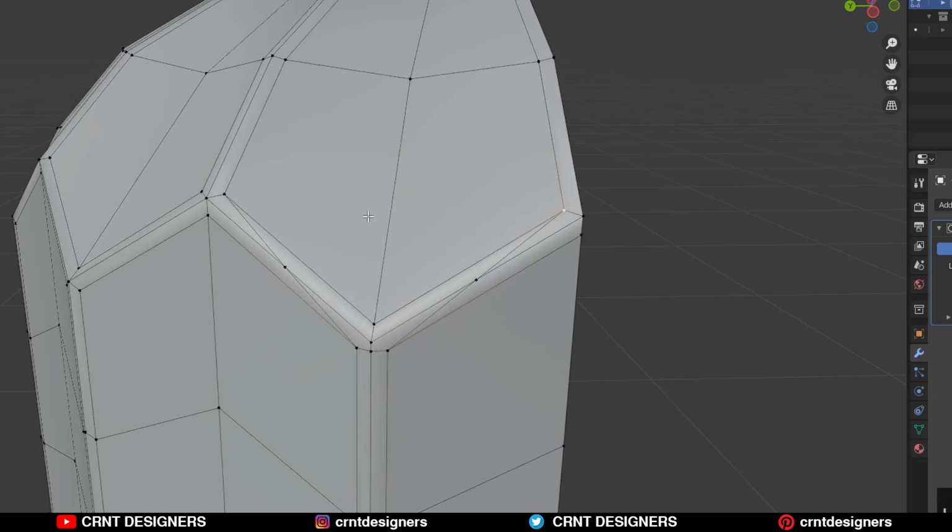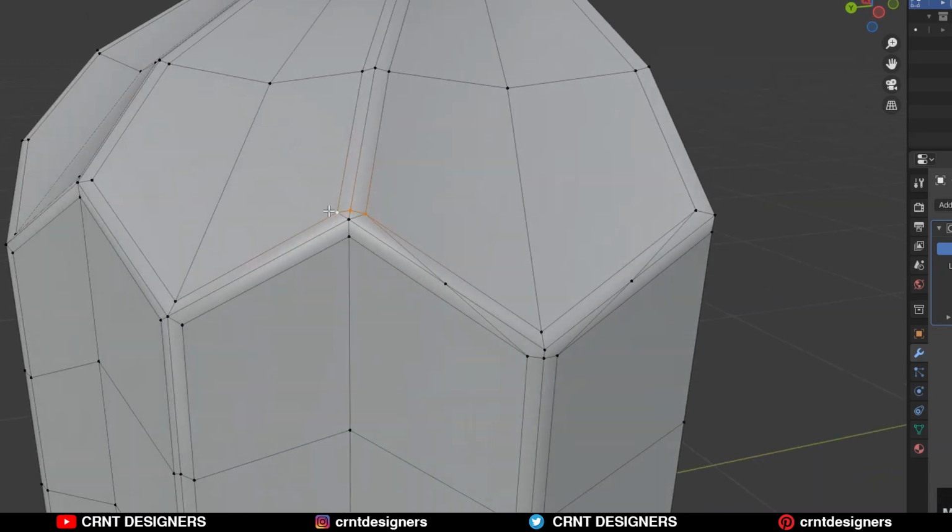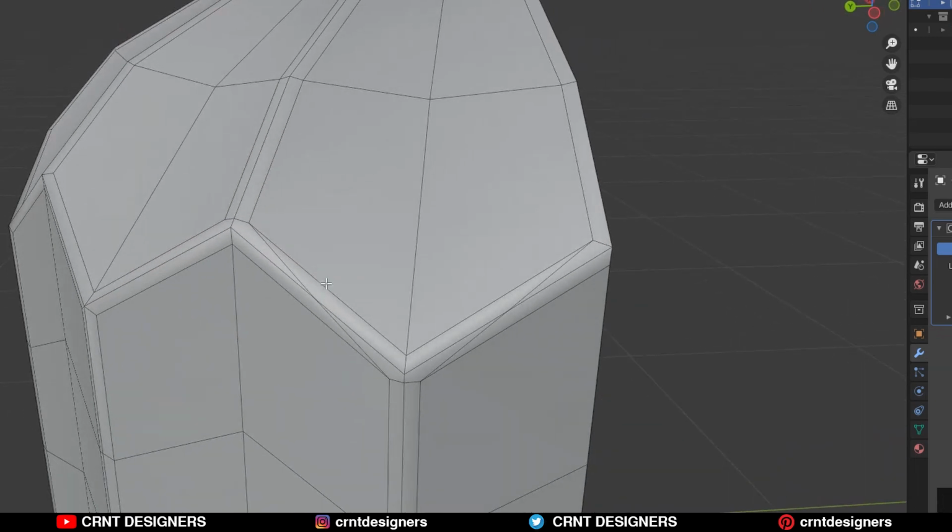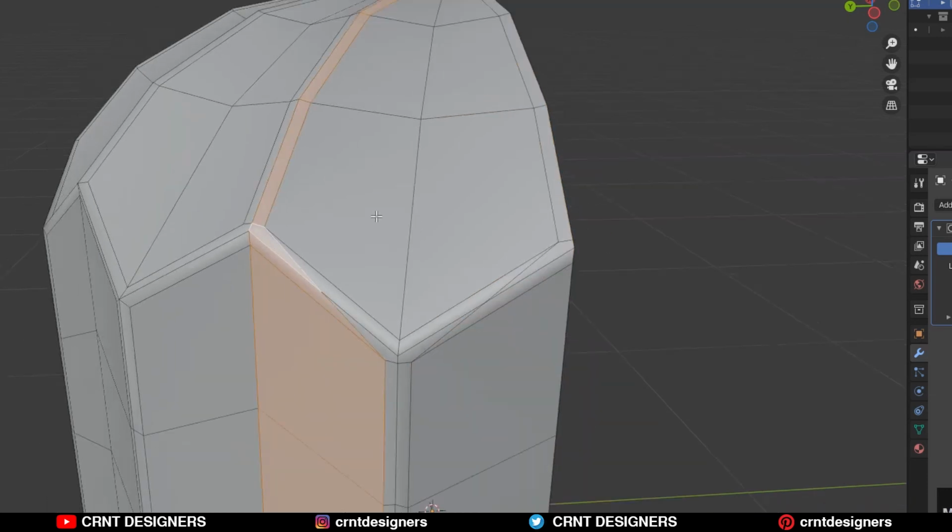So just select these verts, right click and then connect vertex path like this. And here we are using the redirection of edge flow to create those details to achieve that design. This is a very important step. You can see the face loop structure we are creating here with the help of redirection of edge flow.